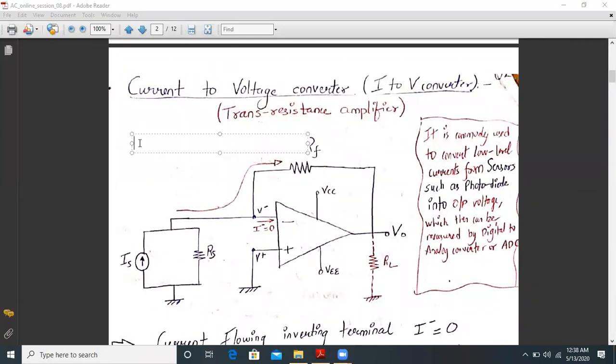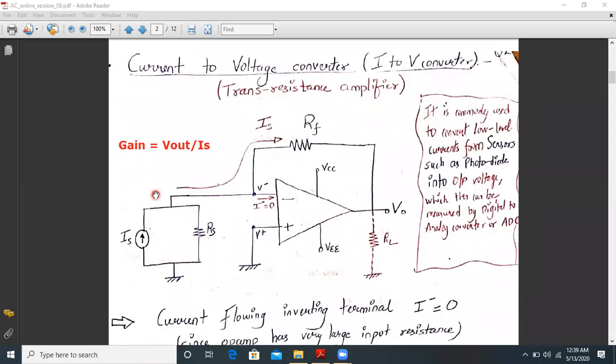The gain of this circuit will be given by V out divided by Is, because Is is the input current and V out is the output voltage. The unit of this gain, V out upon Is, is that of impedance or resistance.